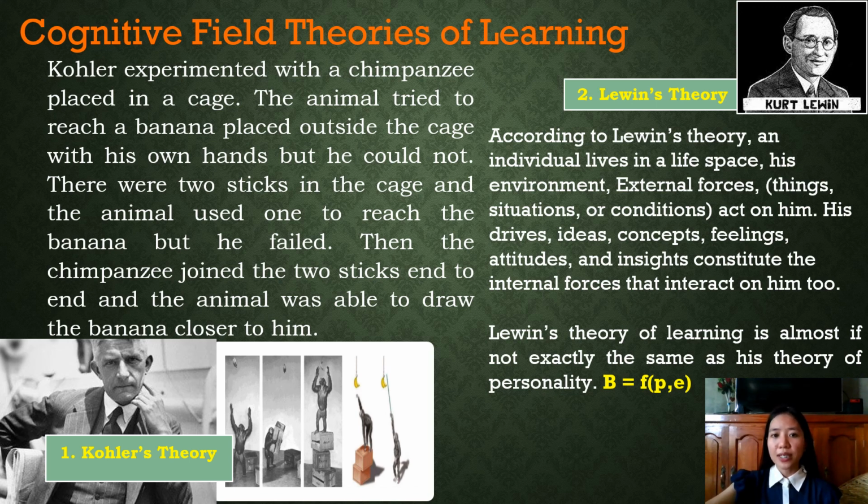His theory of personality is presented as the equation B = F(P, E). It states that an individual's behavior, represented by the capital letter B, is a function, symbolized by the letter F, of the person, letter P, including their history, personality, and motivation, and their environment, denoted as letter E, which includes both their physical and social surroundings.